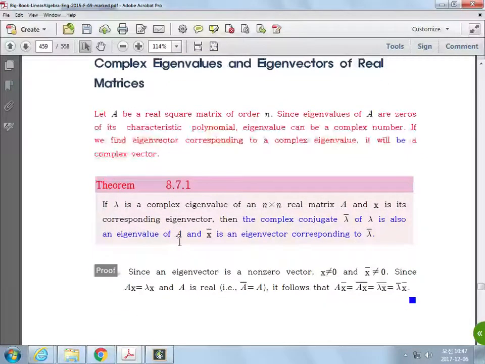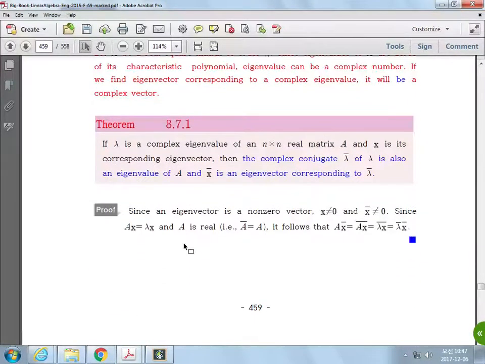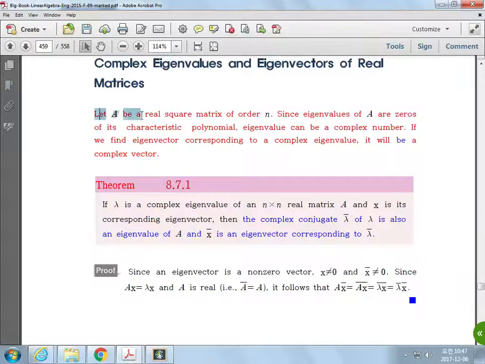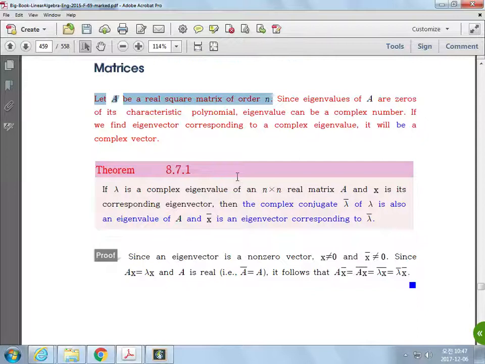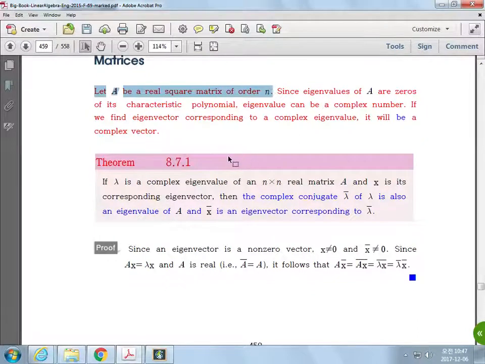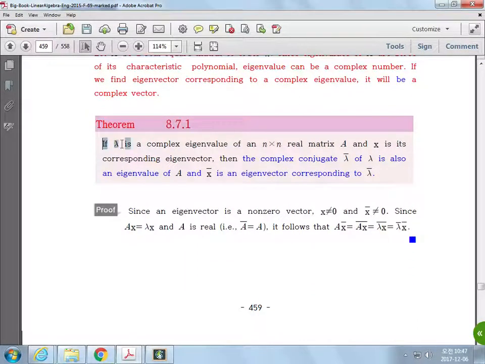Complex eigenvalues and eigenvectors of a real matrix. Suppose we have a real square matrix of order n, but still it can have complex eigenvalues. If lambda is a complex eigenvalue of an n by n real matrix A, and x is the corresponding eigenvector, then the complex conjugate of lambda is also an eigenvalue of A, and x conjugate is also an eigenvector